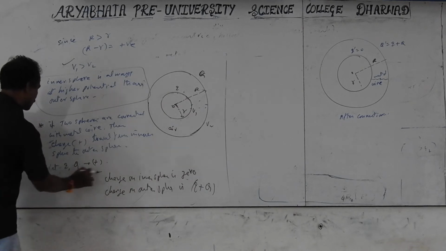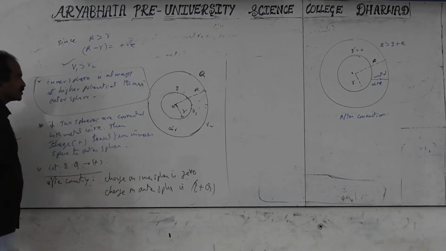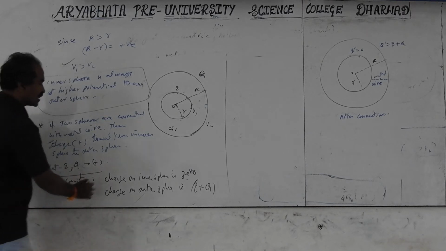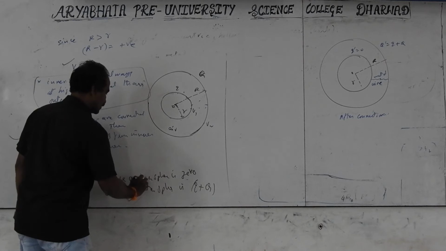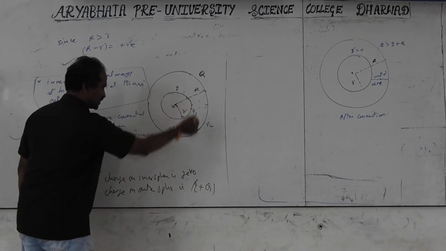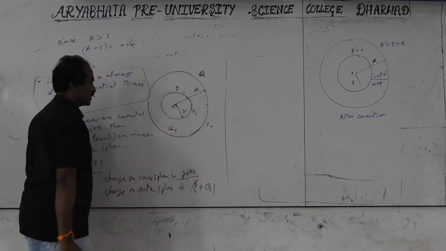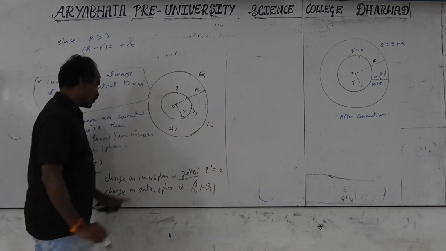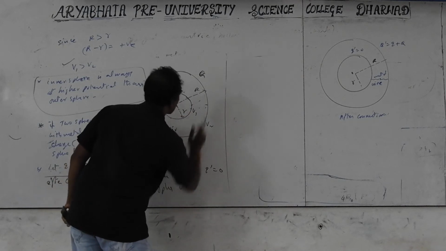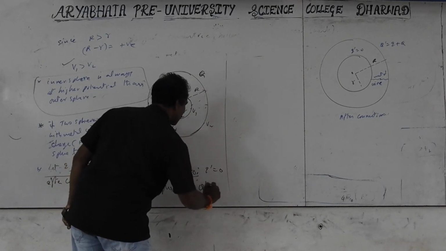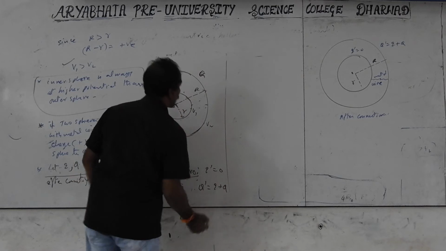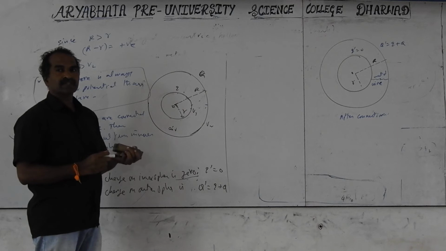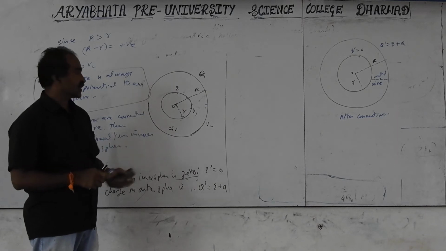In case we imagine the two charges as positive, after connecting, the charge on the inner sphere surface is actually 0. That means Q prime, the charge on the inner sphere, is 0. If there was no charge on the outer sphere initially, its value is taken as 0. If it is not charged, it means the condition is 0. This is for the positive charges.